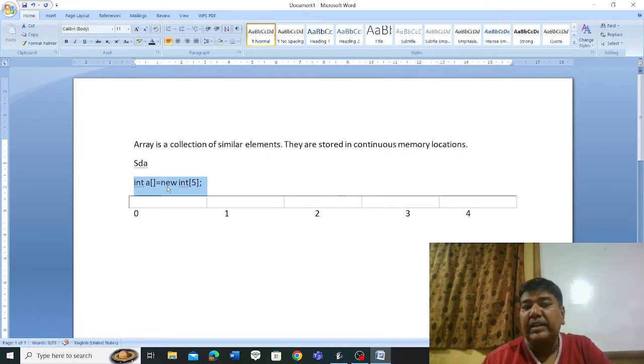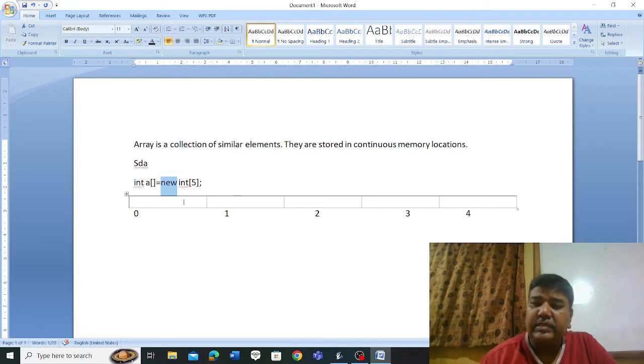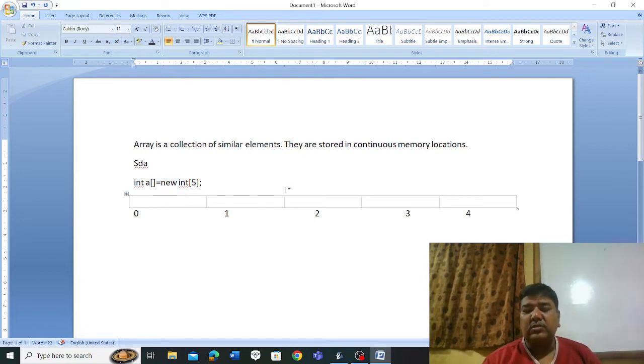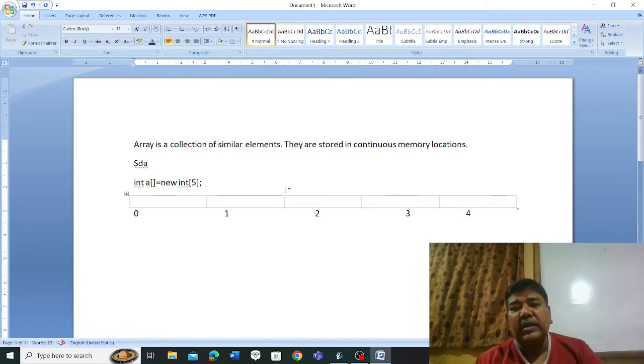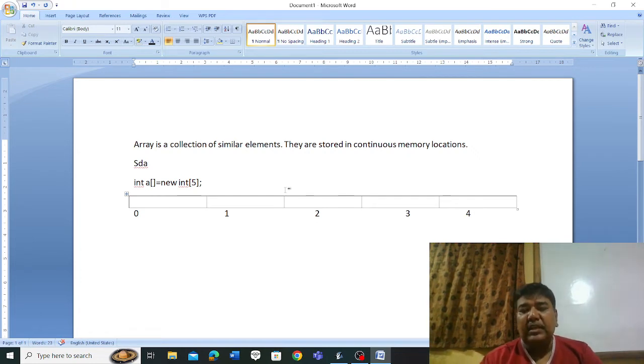The new keyword is used to provide space in the computer memory for a non-primitive variable. We use this new keyword in classes also when declaring an object of a class, like ClassName objectName = new ClassName. The same syntax is used in arrays.